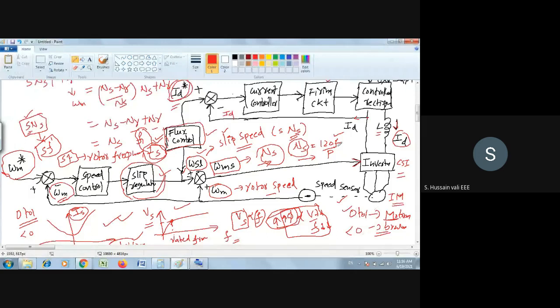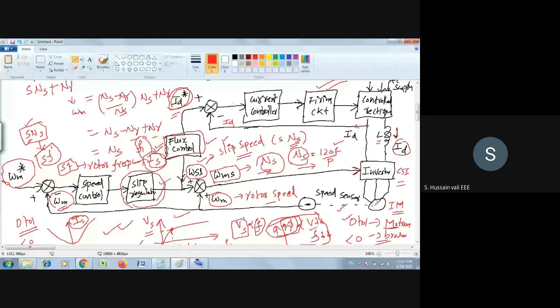What is there? You have the induction motor here. The induction motor supply you are getting from this current source inverter. The DC supply to the current source inverter you are getting from this controlled rectifier, and you have the inductor. Then the firing pulses to your controlled rectifier are based upon the current command. So the actual current and the current command both will be compared, and this makes a closed path. So you will get the controller and the firing circuit, and so you will get the pulses.